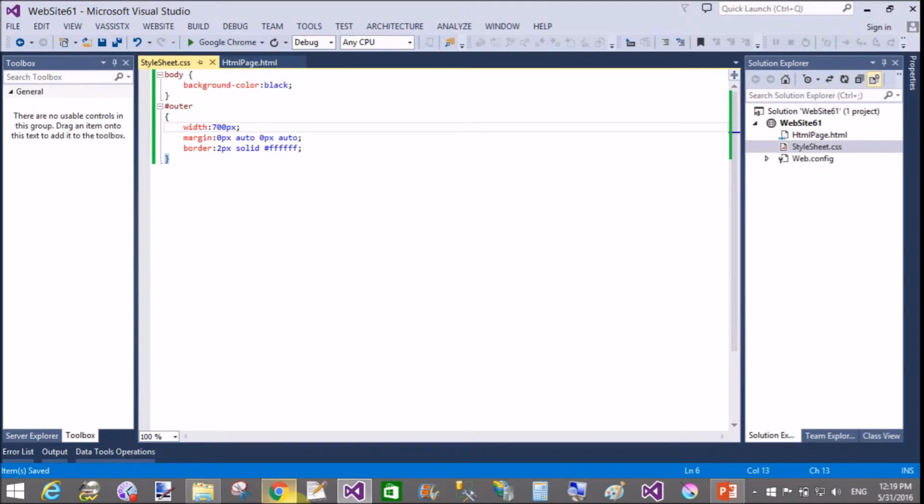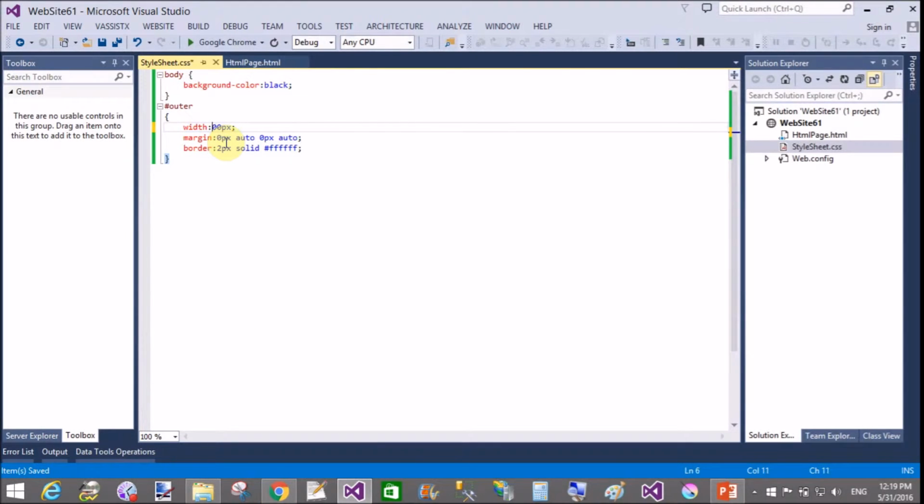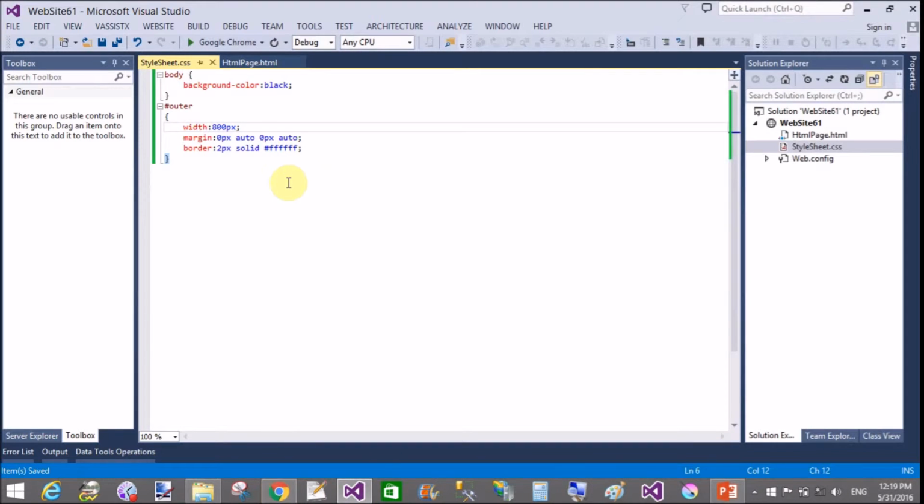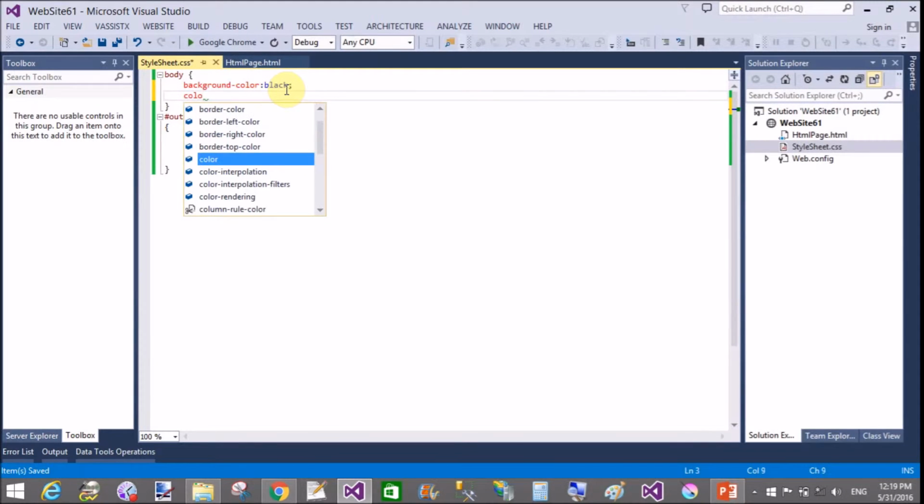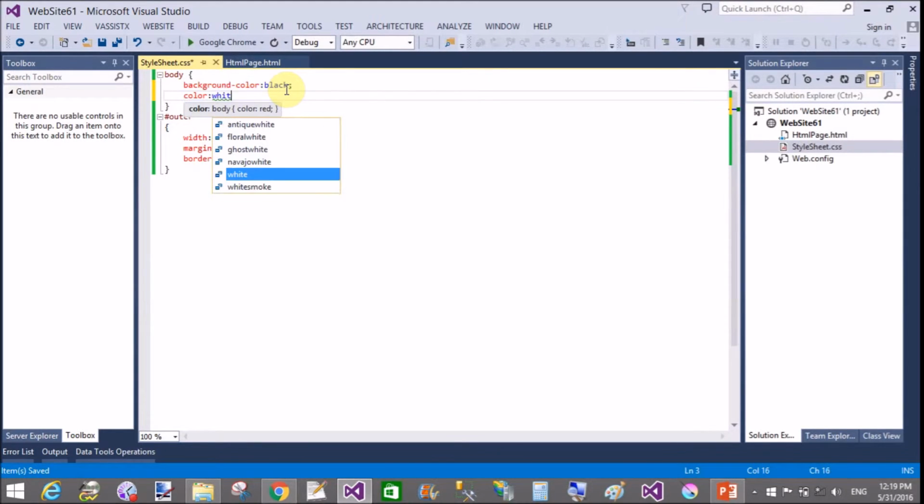If you set 700 pixels, then what happens, your division shrinks. Okay, that is 700 pixels. Now 800 pixels. Okay, now set the font color to white.